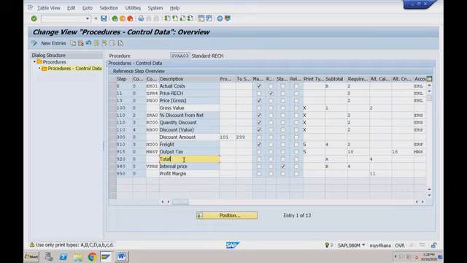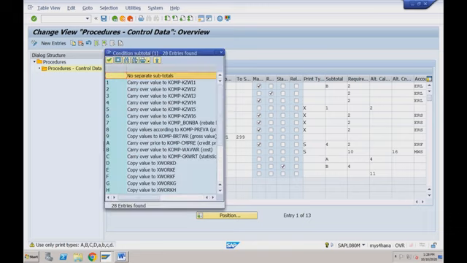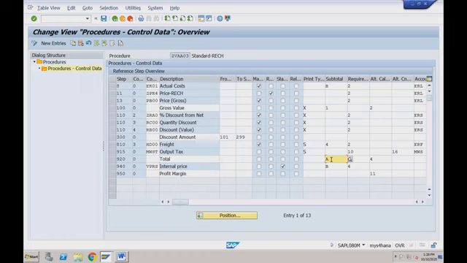And if that order value is more than the credit limit, then I want the system to give the error message. So this A means you are telling the system that this amount, A means credit price. So which price should be calculated? Which price should be compared with the credit limit? I want the system to compare this total price,